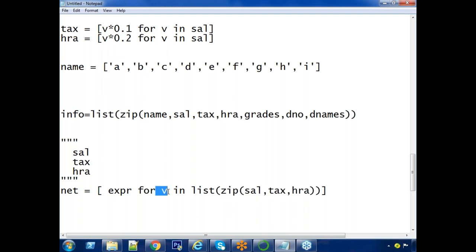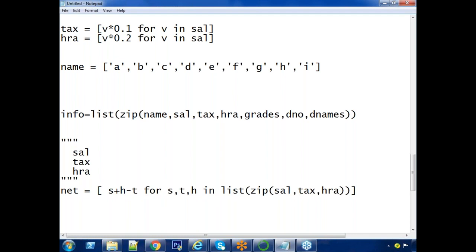Instead of saying V, within the tuple, again there are three elements, right? What are those? Salary, tax, HRA. Let's say S, T, H. Automatically from that tuple, first one goes to S, second one goes to T, third one goes to H. In my expression place, I am giving salary plus HRA minus tax.